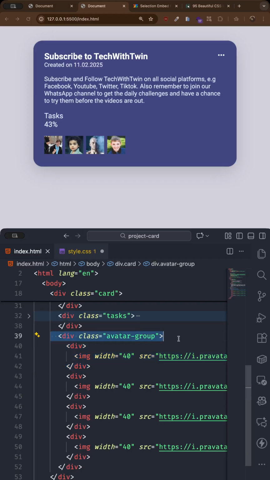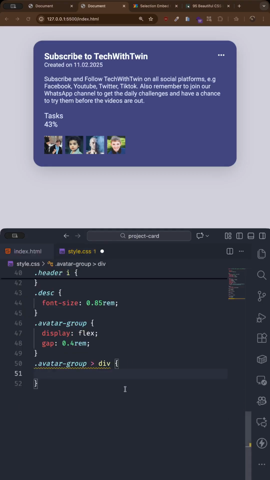So whenever I say avatar group, direct child div, this means in the avatar group, think of this like a parent, and then these are the children. The image is not a child of the avatar group. And I saw a comment, someone asking why we need to use the direct child. The reason for this is to prevent unnecessary CSS classes, because we could have now started adding unnecessary CSS classes. So what we can do is grab the direct children div,